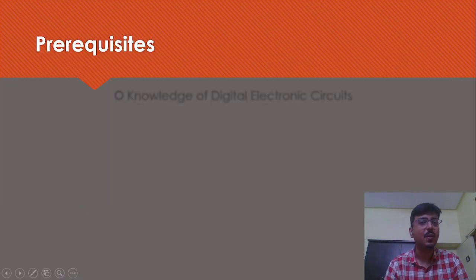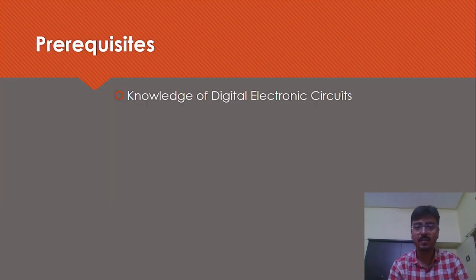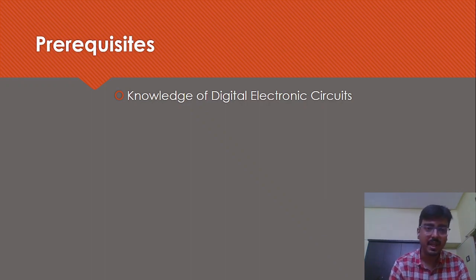To undergo this course, you must have knowledge of digital electronic circuits. What is Boolean algebra? What are the basic logic gates? What is a truth table? How to use K-map to minimize logical expressions? What are the basic combinational circuits, and how to design them using basic logic gates, like multiplexers, demultiplexers, encoders, decoders, adders,